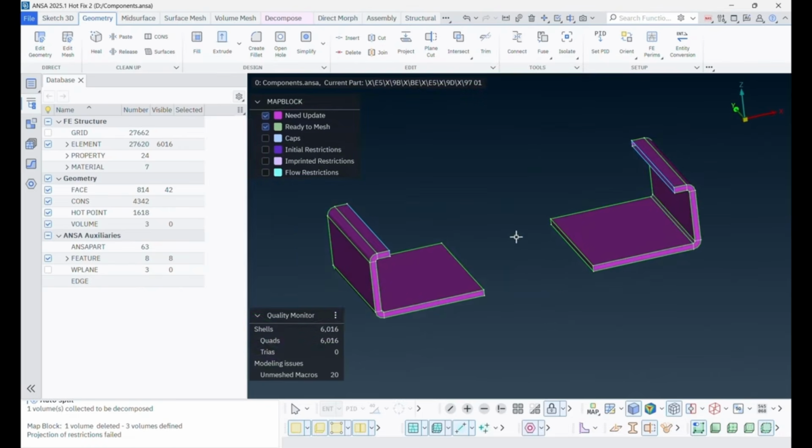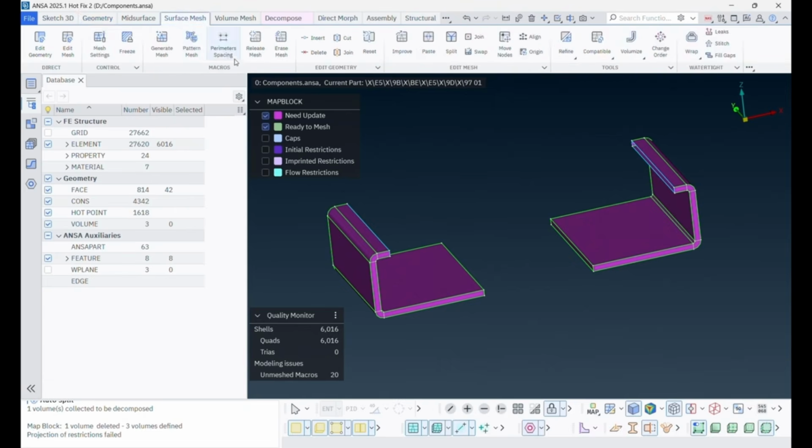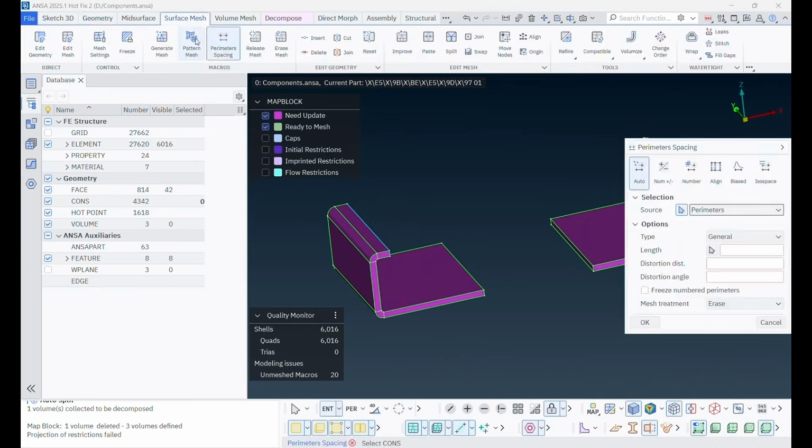Then use perimeter spacing to define the number of nodes, and combine it with pattern mesh to generate a more structured mesh.